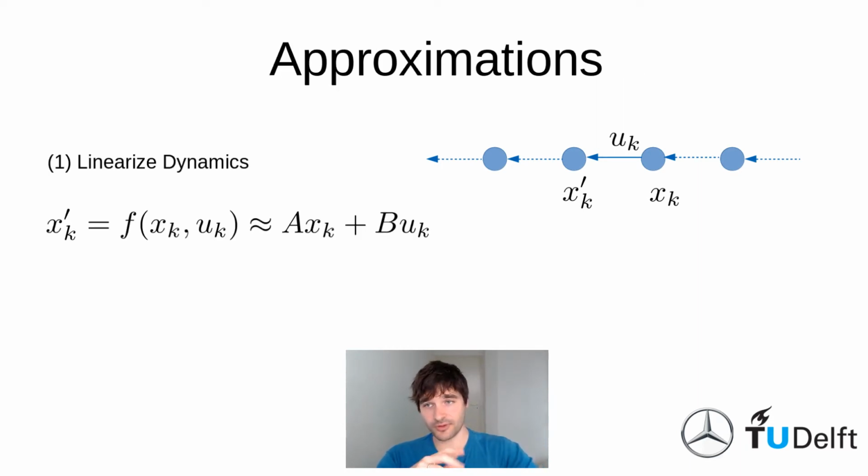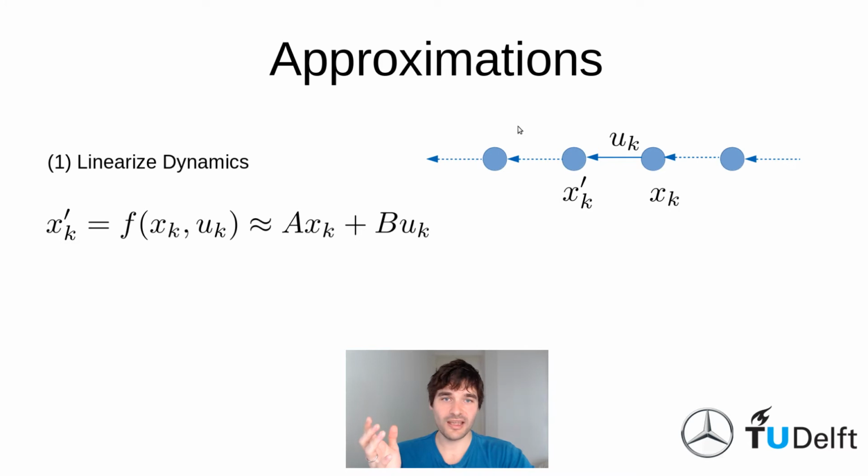And the first approximation we do is we linearize the dynamics. The dynamics may be highly nonlinear, they could be anything. And we do this simple approximation where we end up with these AX plus BU. And this is not a global approximation. It is specific to this transition from that state to that state that you observe in the data set.